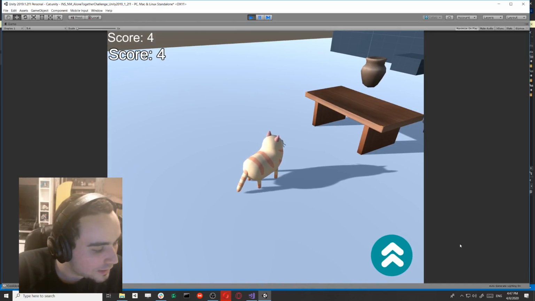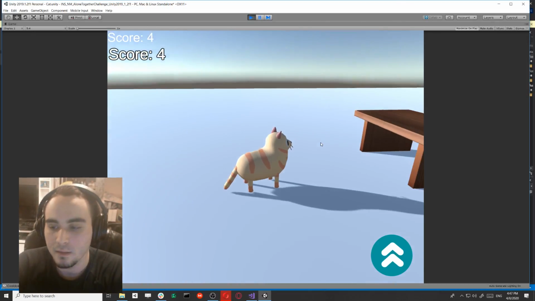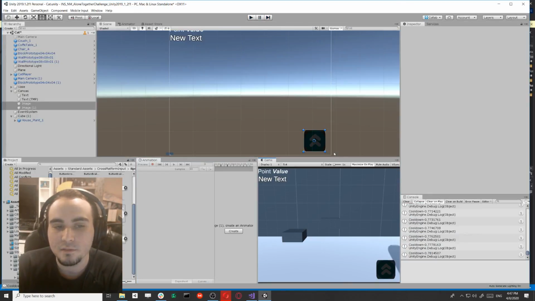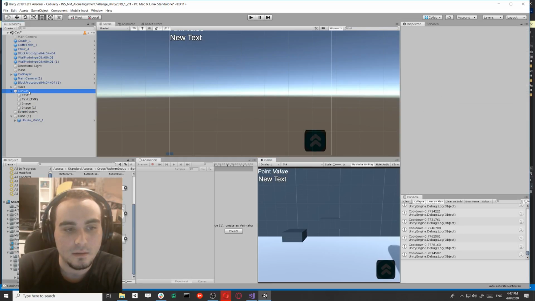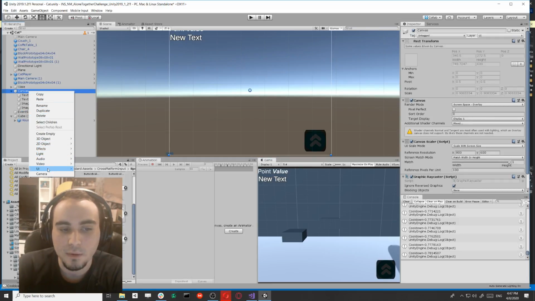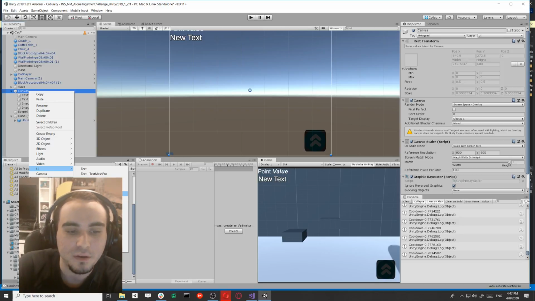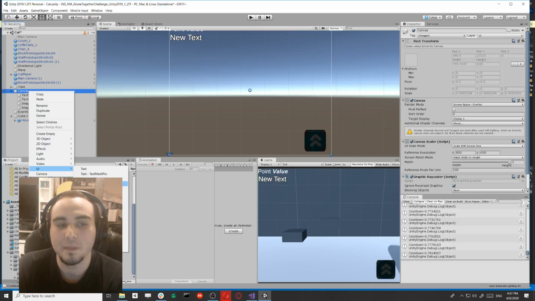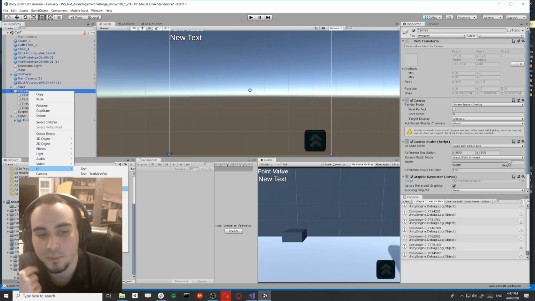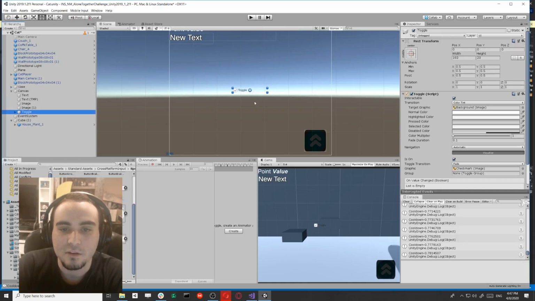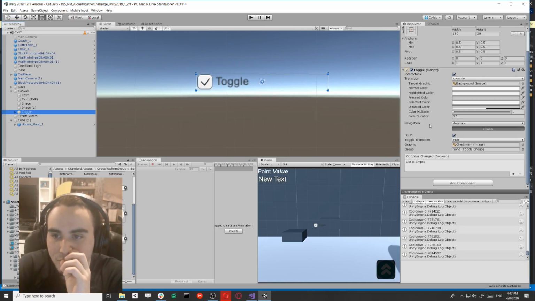So let's see. The next thing I want to talk about. There's only 10 minutes left, but I'll start you guys off with buttons anyway. So, if you've seen buttons, this button, TextMeshPro button, it's basically the same thing. The functionality of the button is the same, but the text that actually shows up on the button is TextMeshPro. If I click on the TextMeshPro one,